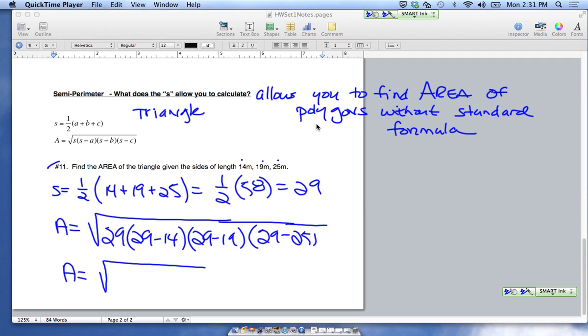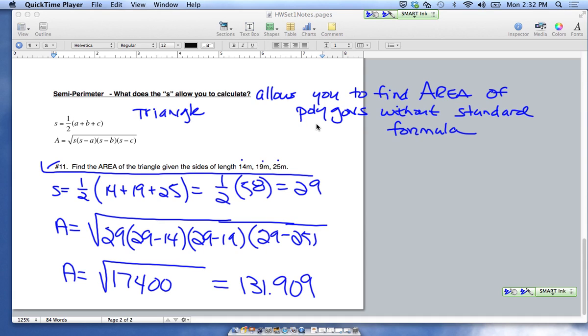And getting through all of the calculations, the square root of that number, so the area of a triangle with the 3 side lengths given